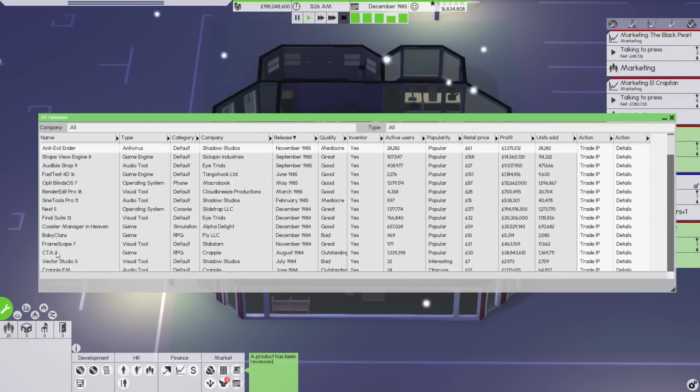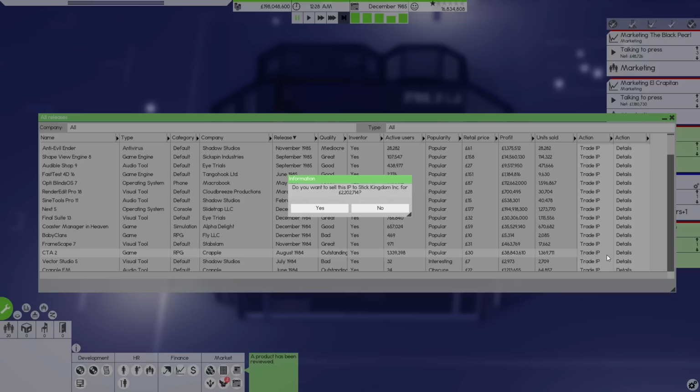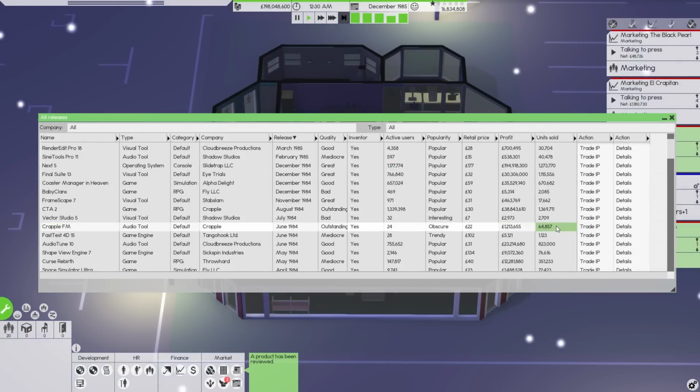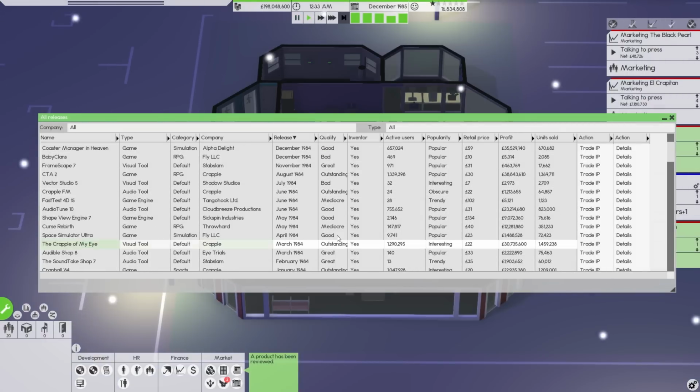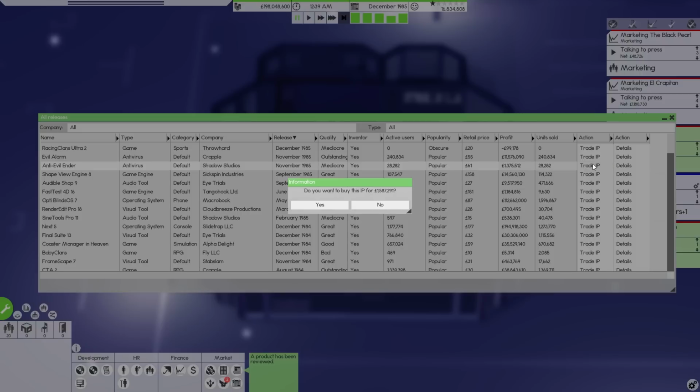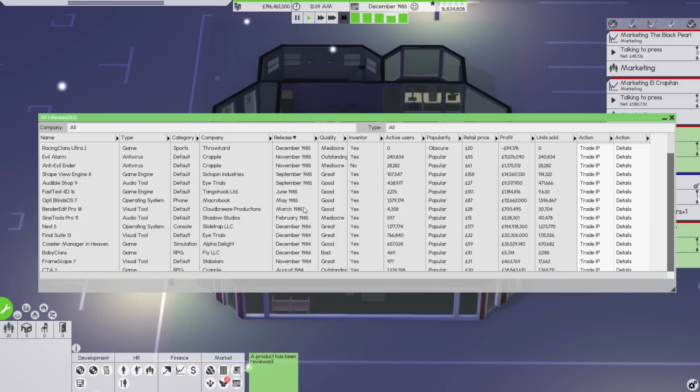What else could we get here? CTA. How much would someone give me for that? 2 million. Okay. What about Crapple FM? They'll give me 10,000. Okay, I see how it is. The Crapple of my eye, they'll give me 40,000. Fair enough. You know what? I'm going to spend that 1.5 million, and I'm going to buy the competitor's antivirus, and I'm just not going